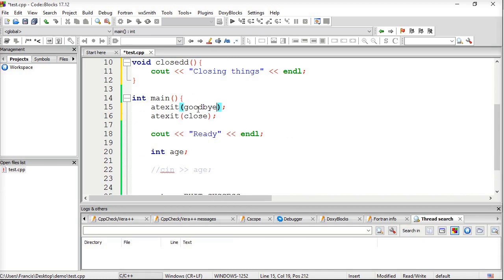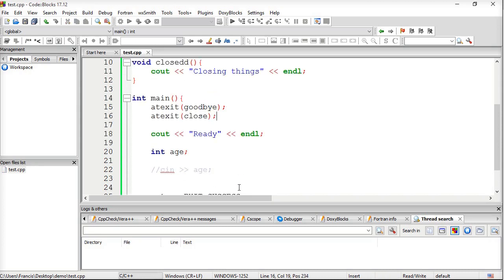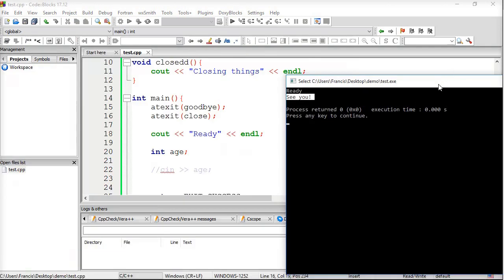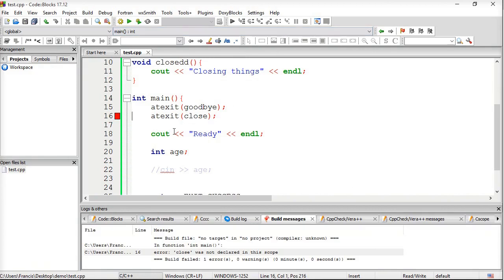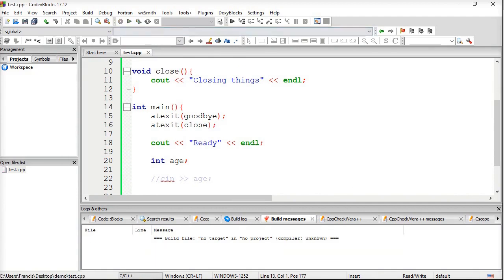Notice the way I put the function here. I just put the function name. Okay, so if I run this, okay, I have a wrong name here. Alright,